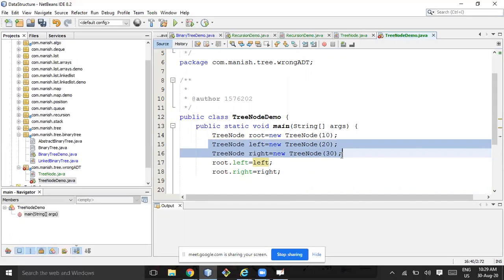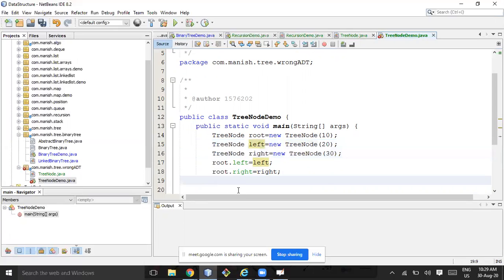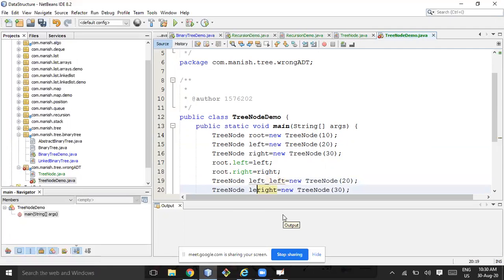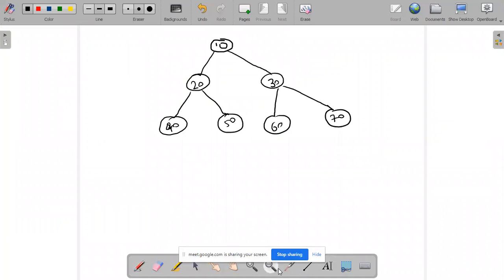Now I'll create two more nodes, one for left of left and one for left of right. So what is the value? These are 40 and 50, right? So we have values 40 and 50.